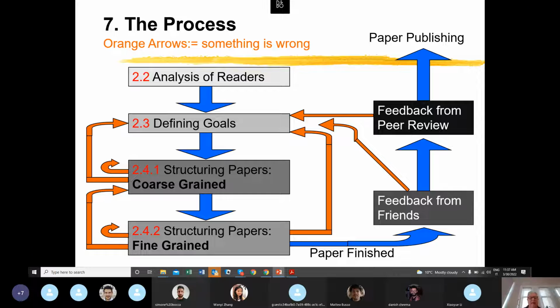So it should be a process by which you continuously focus more and more on the details, and you make sure that the overall structure of the paper converges and gives the main message as given by the title of the paper. So, to go on,